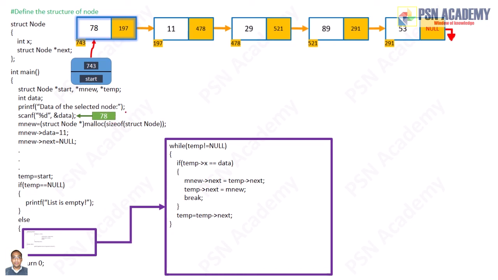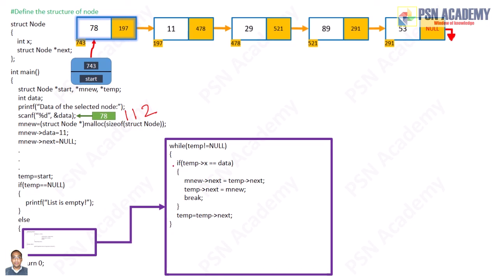For example, say user says 112. Now you see out of these nodes, there is no node here which is carrying the data part 112. So the temp will ultimately reach to null,